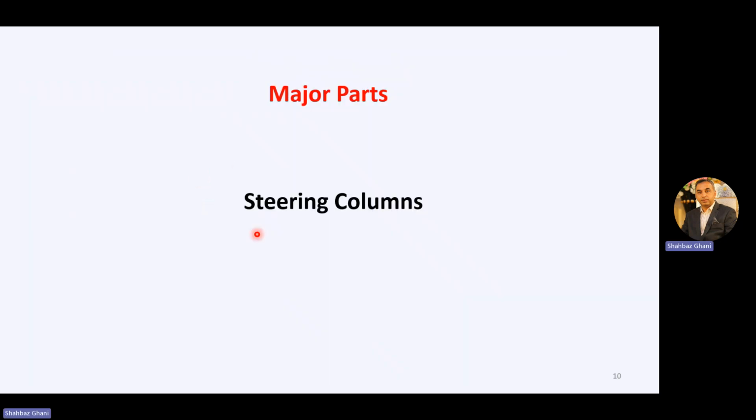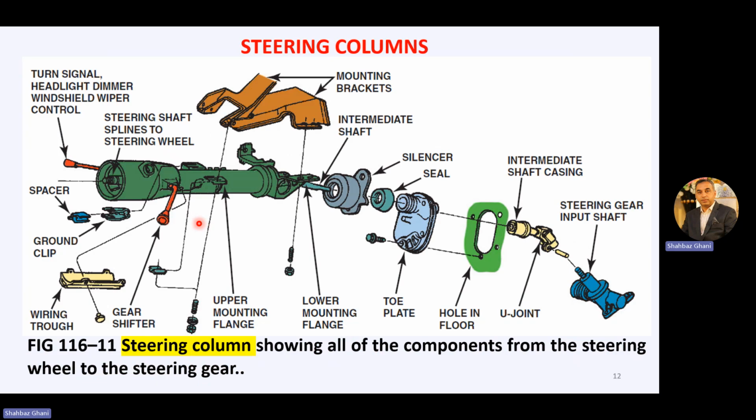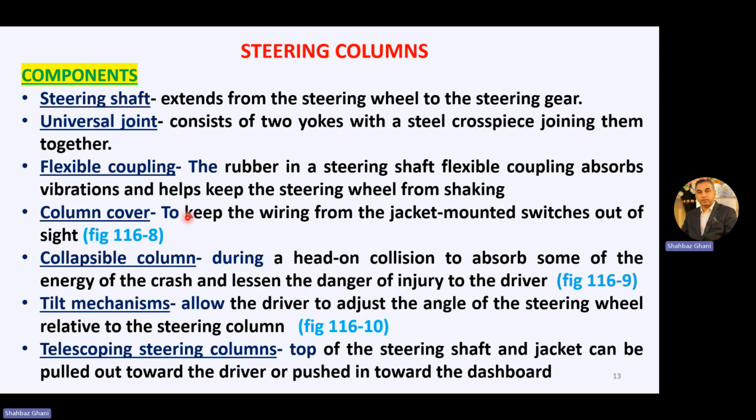Then the second part was the steering column. The steering column is basically the second part which joins the steering wheel to the steering gears, and the intermediate part between the gears and the steering wheel is the steering column. Basically, it's a long steering shaft which joins both parts. And then we talked about the detailed components of the steering column, in which we talked about the